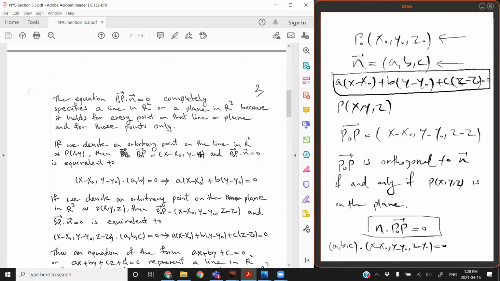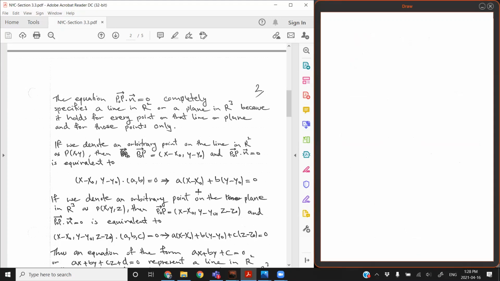If we denote an arbitrary point on the line in R2 with P(x, y), then P0P for the line is going to have this form, and then this equation for the case of the line is going to be equivalent to this. P0P times n is 0, which you can write like this. So if I say point normal equation for a line in R2